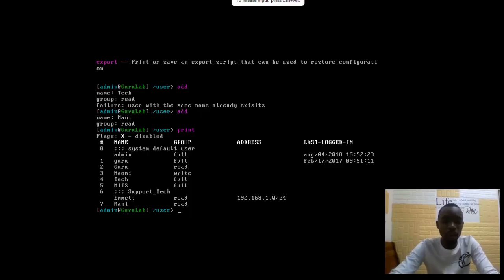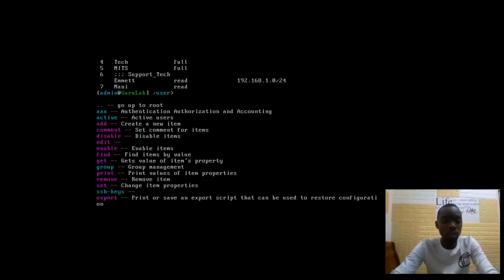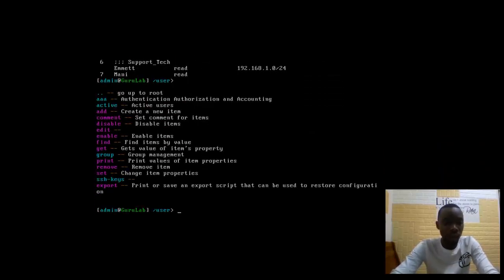So basically, we can also change the permission that we gave to Money, the read permission. We can change that to a full permission. How do we do that? If you come to user, you can see that we have done the add. We can comment on this user. Use the comment,